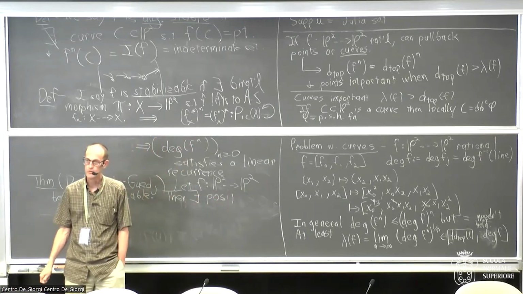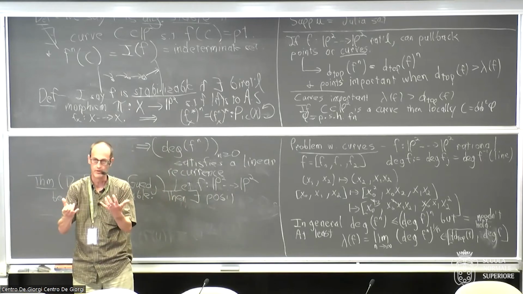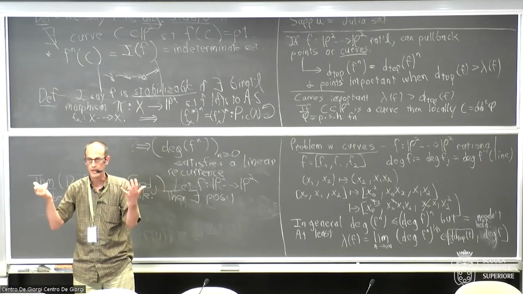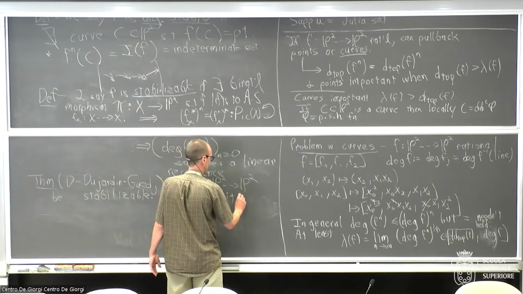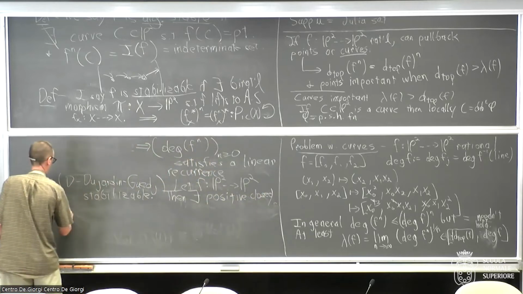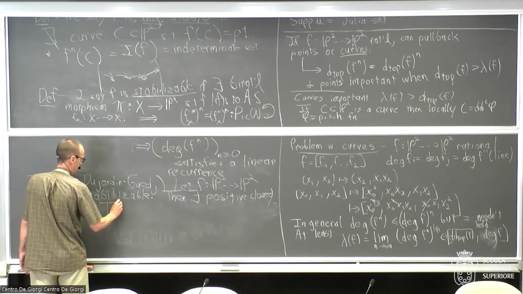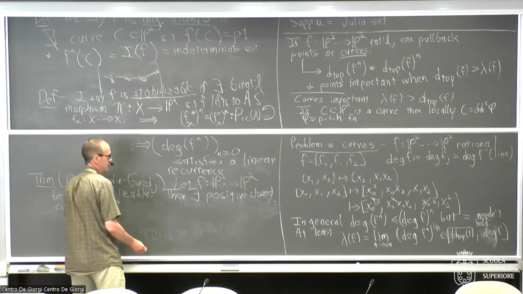So the other thing about this, curves do not naturally define measures. They don't pair; you can't just take a function and integrate it over a curve in P2. Instead, what you have to do is integrate a form over a curve. And once you remember that, you're led pretty quickly to the distributional equivalent of a measure, which is a current, specifically a positive closed current. I should probably keep calling it mu, but I'm so much in the habit of calling it T that I'll stick with this. There exists a positive closed current T star